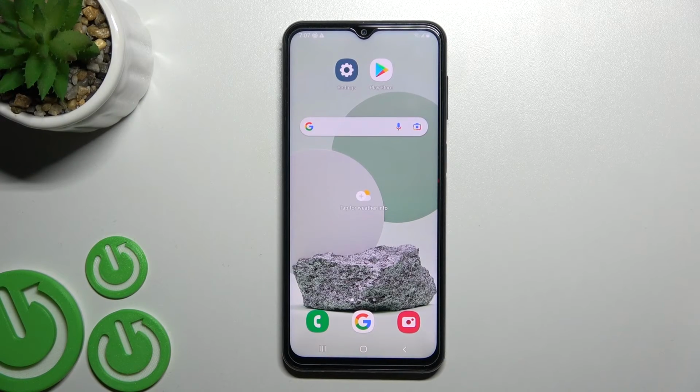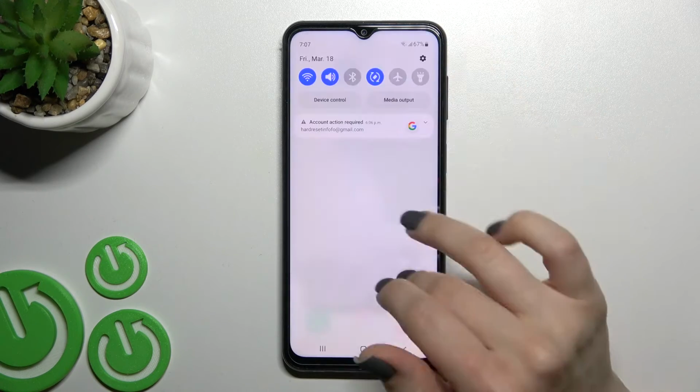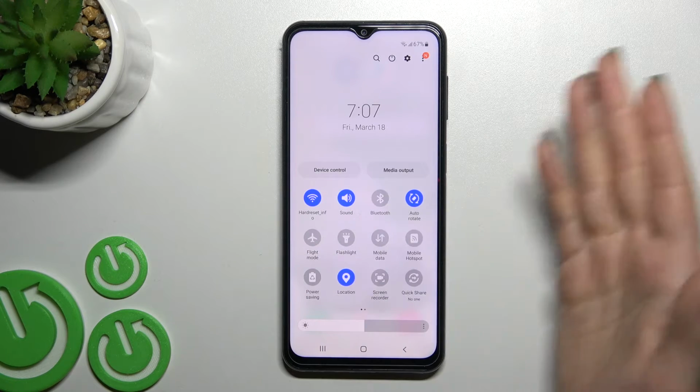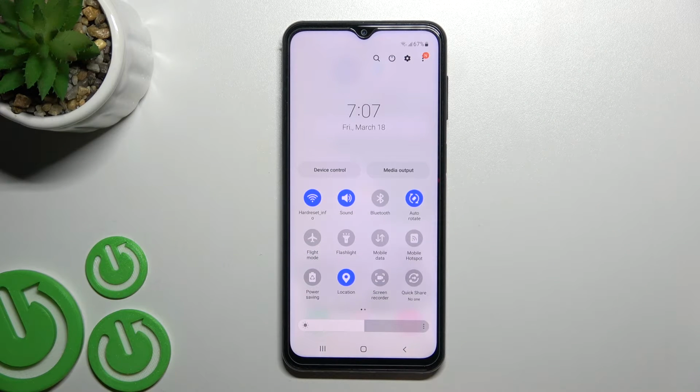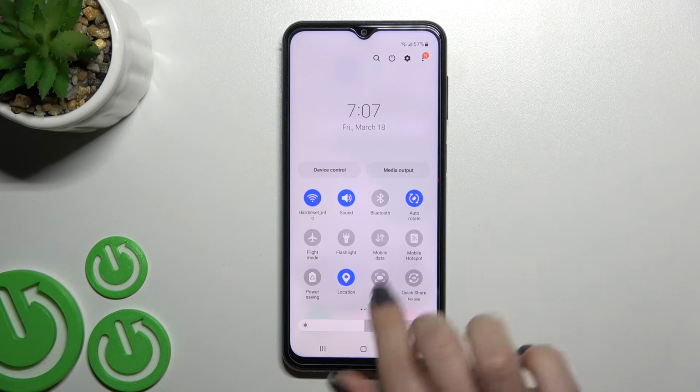Today in front of me is a Samsung Galaxy M23, and I'll show you how to edit notification panel shortcuts on this device. First, you should open the notification panel here, and as you can see, we have all the available icons in our top bar. And if you want to add, remove, or change the positions of these icons, you